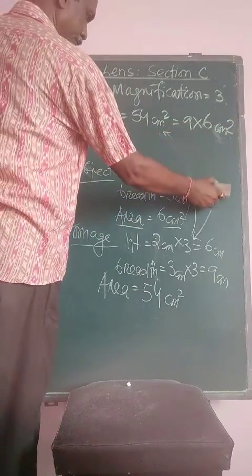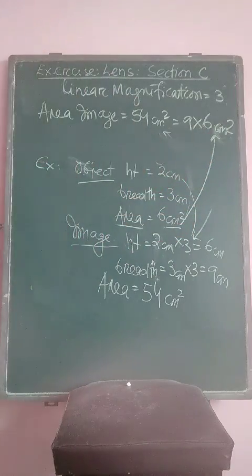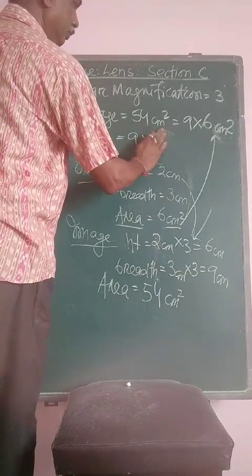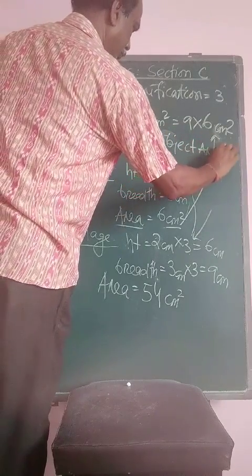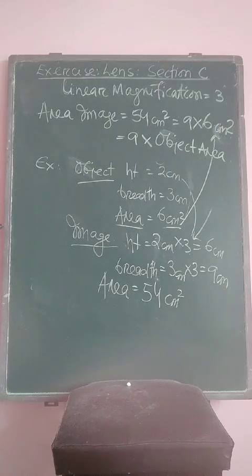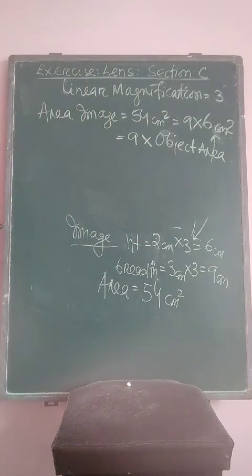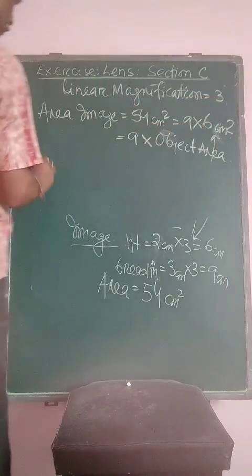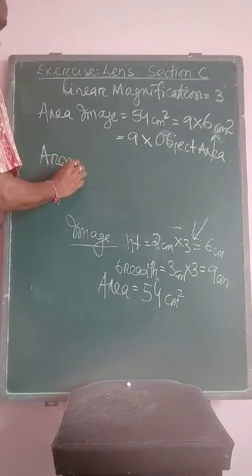Yes or no? So this is 9 into object area. Now see here, 9 is equal to the square of 3 or not? So image area